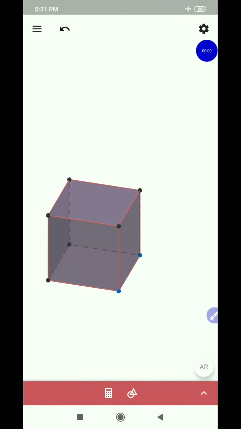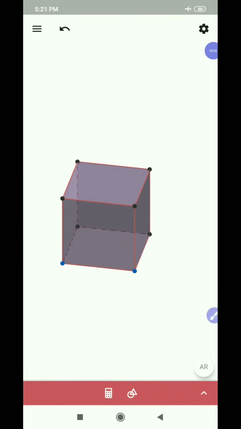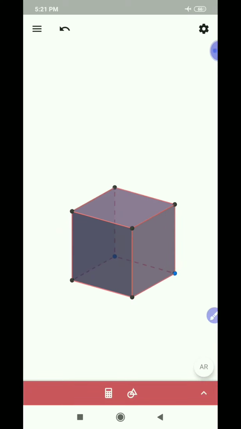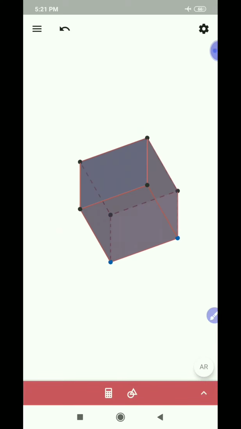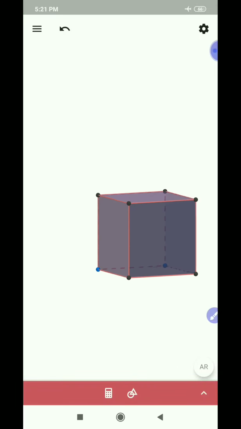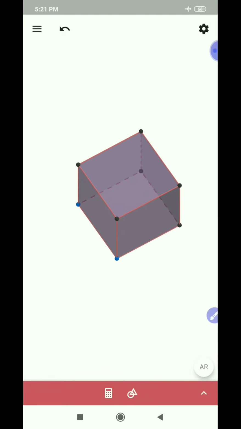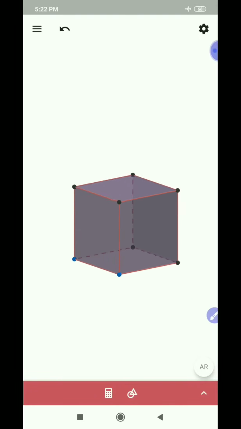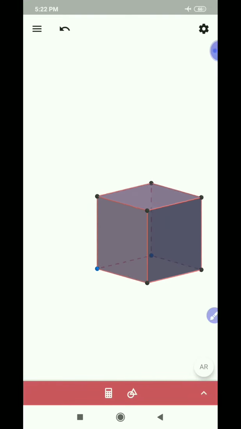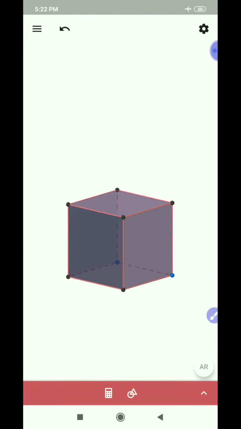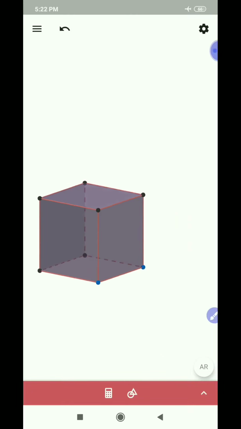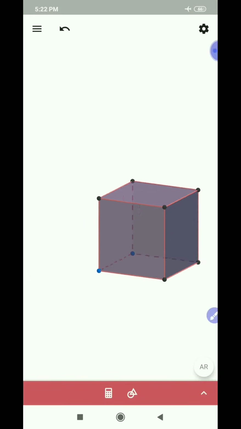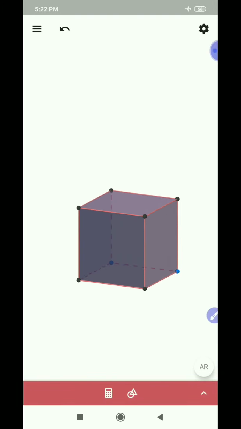Thank you for listening. Can you recognize this figure? Yes, it is a cube. Why do we call it a cube? Because the base is a square, the lateral surfaces are all squares, and the top is a square. Simply we can say all sides are equal. So it is called, yes, a cube. In a cuboid, all sides are not equal. Length, breadth and height might be different. But in a cube, all sides are equal.